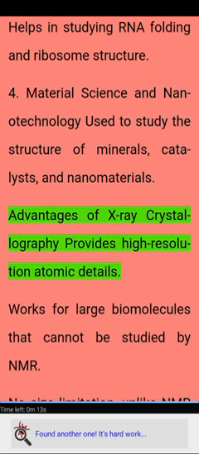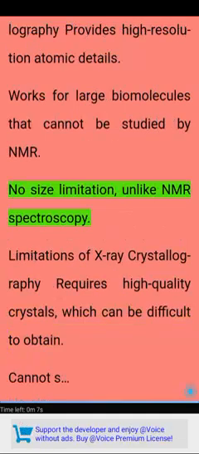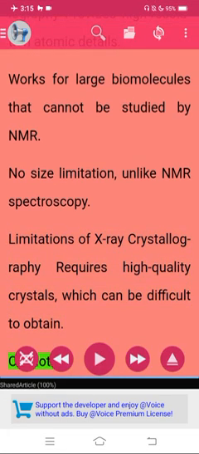Advantages of X-ray crystallography. Provides high-resolution atomic details. Works for large biomolecules that cannot be studied by NMR. No size limitation, unlike NMR spectroscopy. Limitations of X-ray crystallography. Requires high-quality crystals, which can be difficult to obtain. Cannot